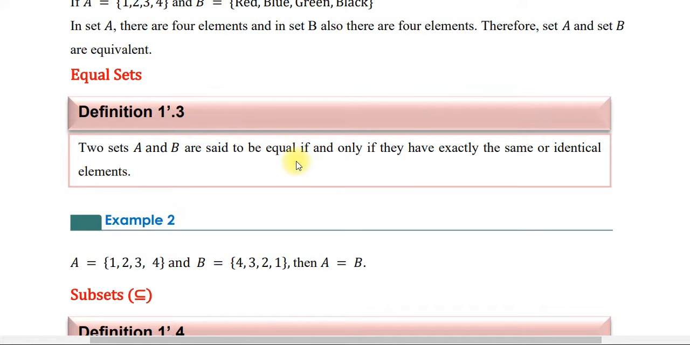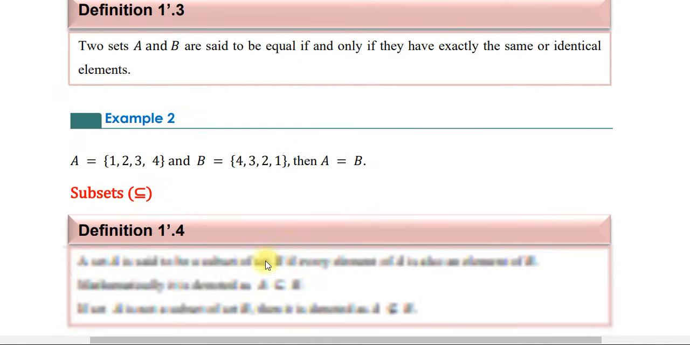ላይ ያለው ነምበር ኦፍ ኤሌመንት ሴም ከሆነ ኢኩቫለንት ነው እንላለን። ኢኳል ሴት ስንል ግን ኤ ላይ ያለው ኤሌመንት ቢ ላይ ካለው ኤሌመንት አይደንቲካል መሆን መቻል አለበት፣ ተመሳሳይ መሆን መቻል አለበት። ኤ ላይ 1 2 3 4 ከሆነ ቢ ላይም 1 2 3 4 መሆን መቻል አለበት። ኤ ላይ ኤቢሲዲ ከሆነ ቢ ላይም ኤቢሲዲ መሆን መቻል አለበት። ከዛ ውጭ ምን አይባሉም? ኢኳል ሴት አይባሉም ማለት ነው።